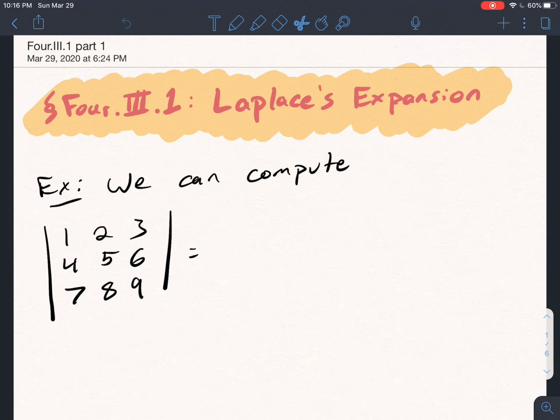Laplace's expansion is a different way to compute the determinant of a matrix. It is in some cases more efficient to compute the determinant this way. It is not always more efficient. In general,